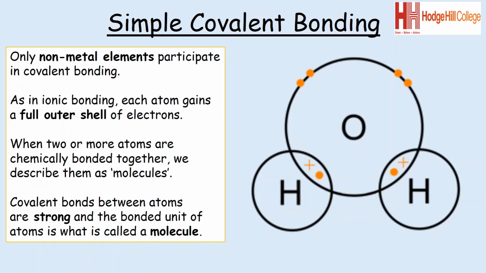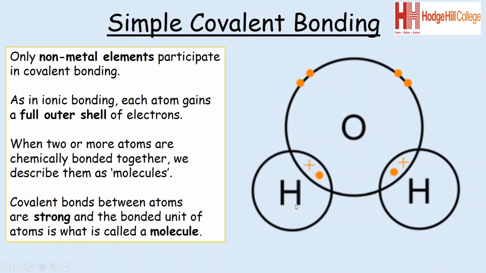Similar to ionic bonding, in covalent bonding, each atom would gain a full outer shell of electrons. So the electron configuration would become similar to that of a noble gas. When two or more atoms are chemically bonded together, we describe them as molecules. So in ionic bonding, ions are formed, whereas in covalent bonding, molecules are formed, such as this water molecule, H2O,